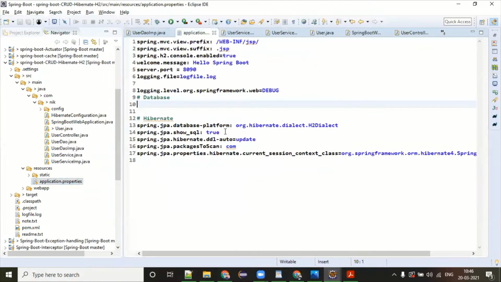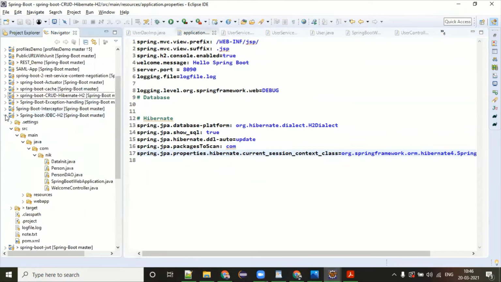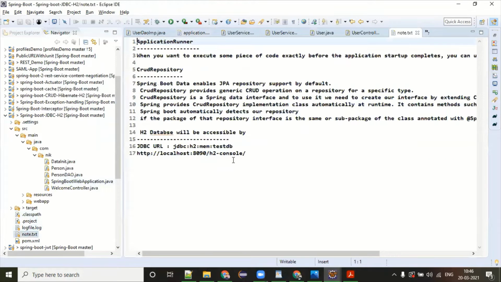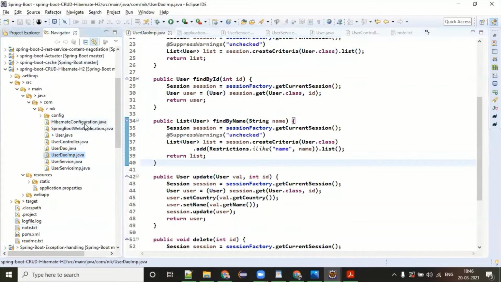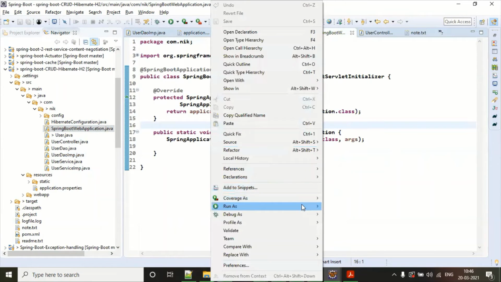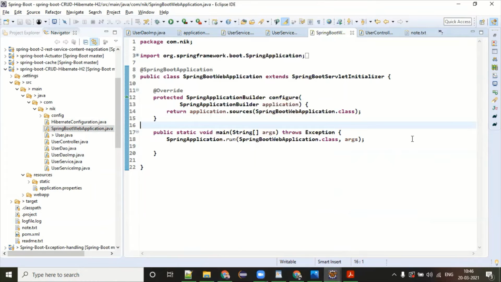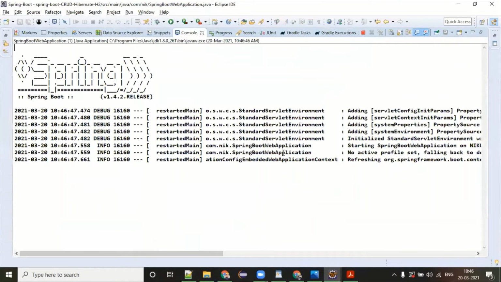So for accessing that, I need to use this URL. Okay, but that's fine. Spring Boot application, let me run this. Java application started running.